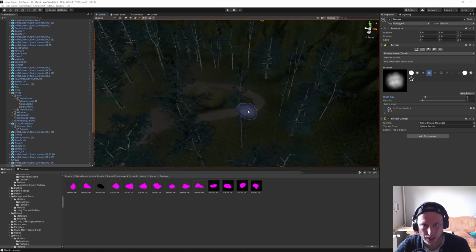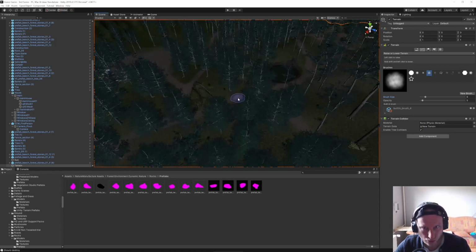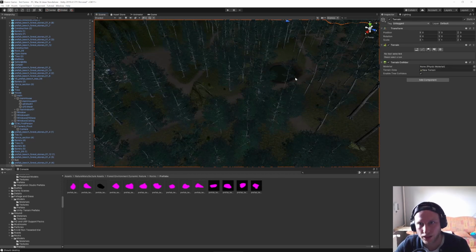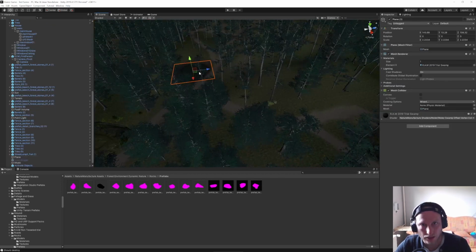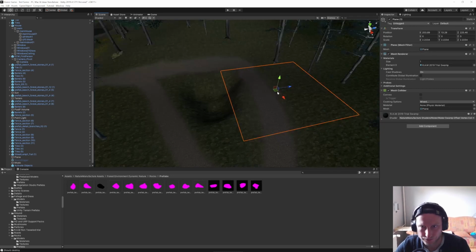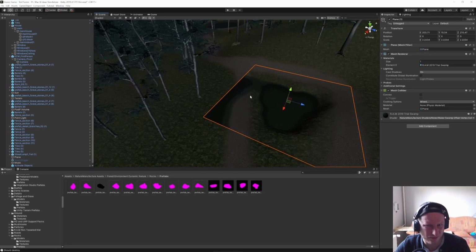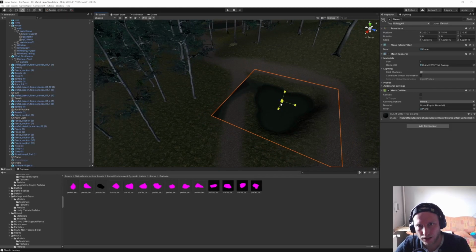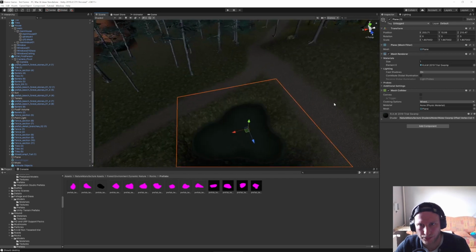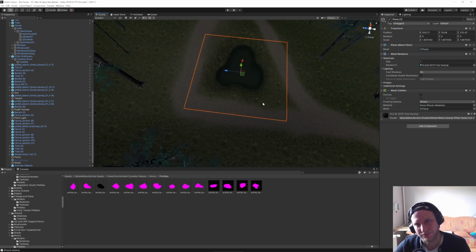Let's see. Here we go. I want the same surface, so let's just copy and paste it. We can have a prefab for this water. That would make sense, I guess. Okay, so let's make this a little bit smaller, just like this. Bring it down a bit. Okay, that looks